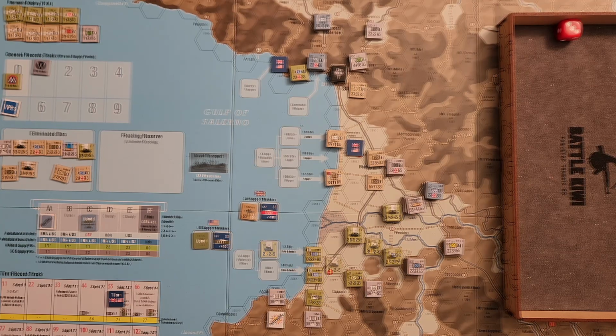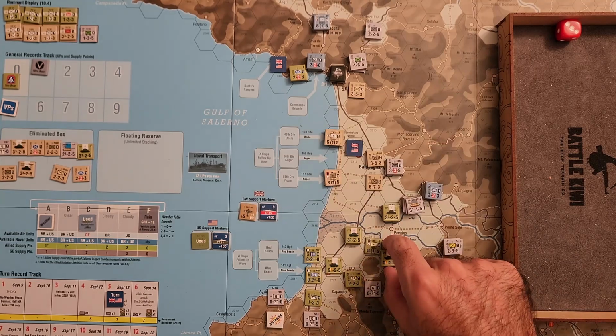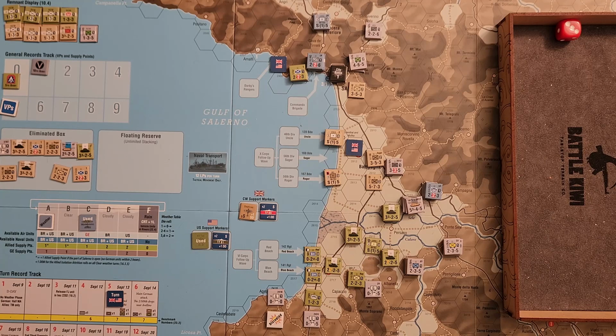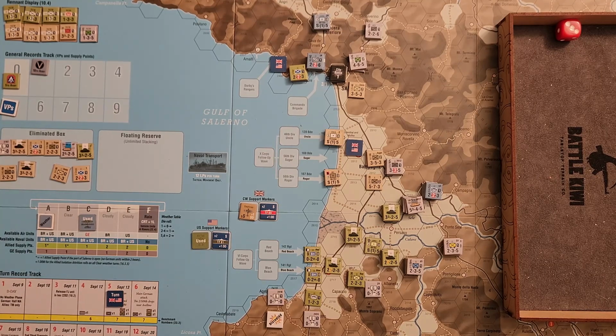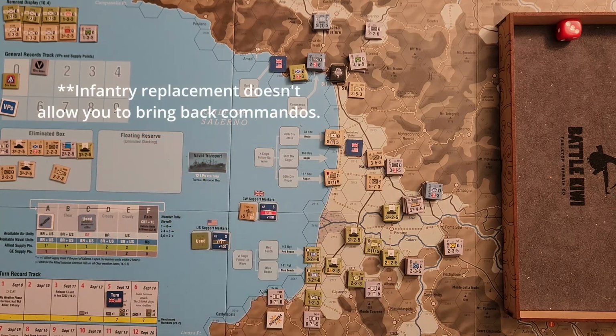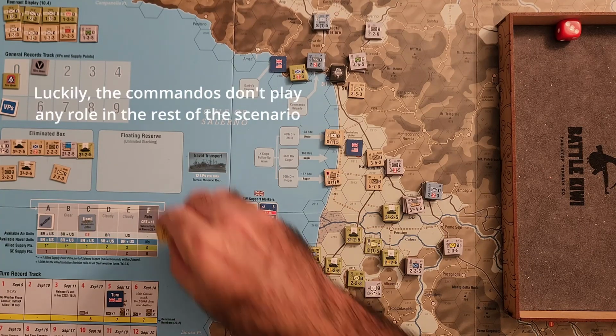What do we have to do here? All right, we didn't really do too much. We just put this tank destroyer battalion with this stack, landed the tank destroyer battalion from Red Beach, and of course the thing I forgot to do was replacements. So both the Americans and the British get infantry replacements, and the British are going to bring back a commando unit,